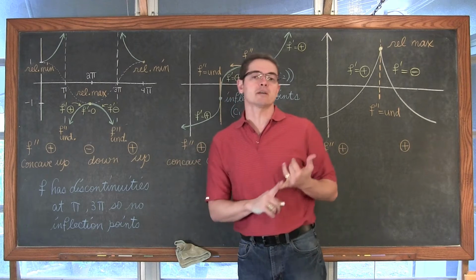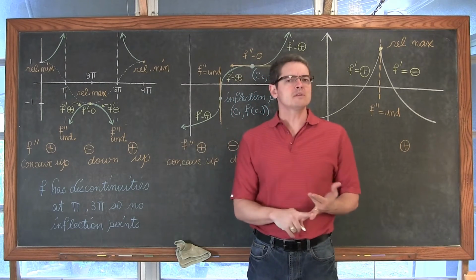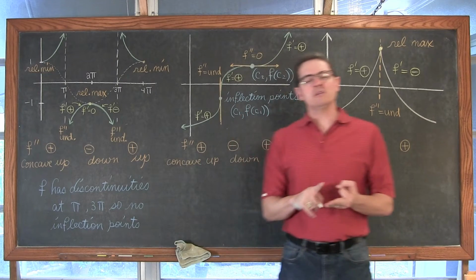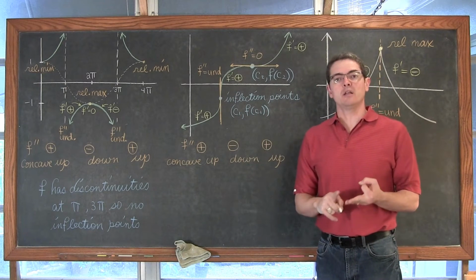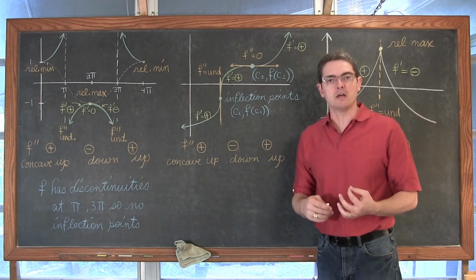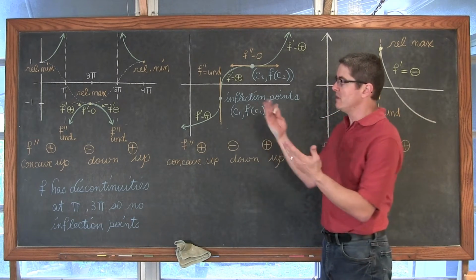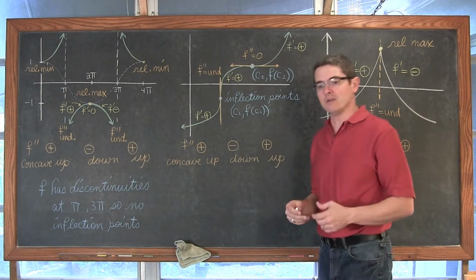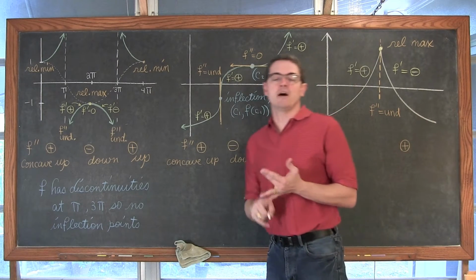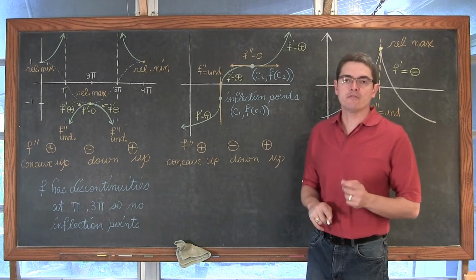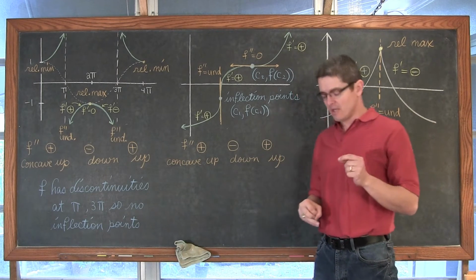You're going to find out where the second derivative is equal to 0, where it's undefined, and, like you can see in my first example here, where the original function is undefined, or where there are discontinuities. Because within each of those intervals, you might have the function be concave up or concave down. So find the second derivative, find out where it's equal to 0 or undefined, and find out where the original function is undefined.